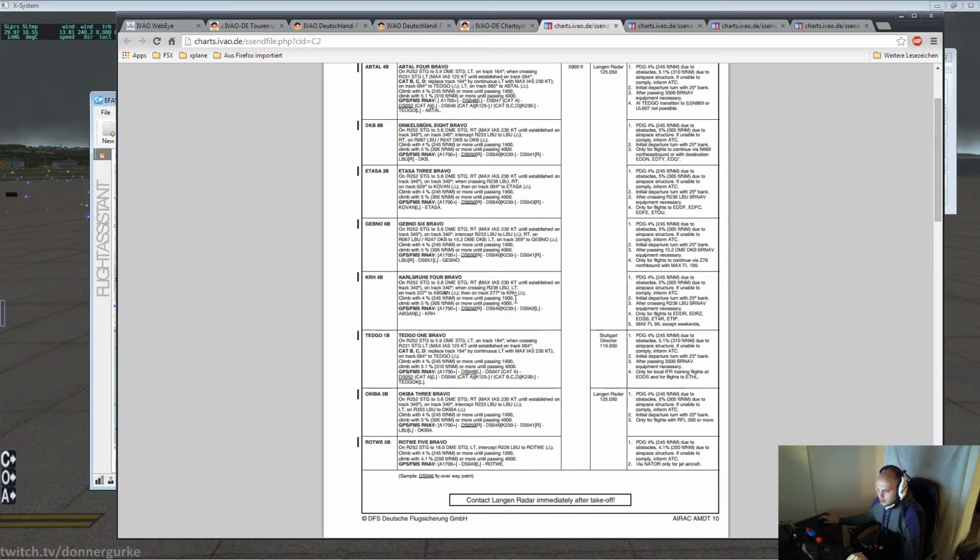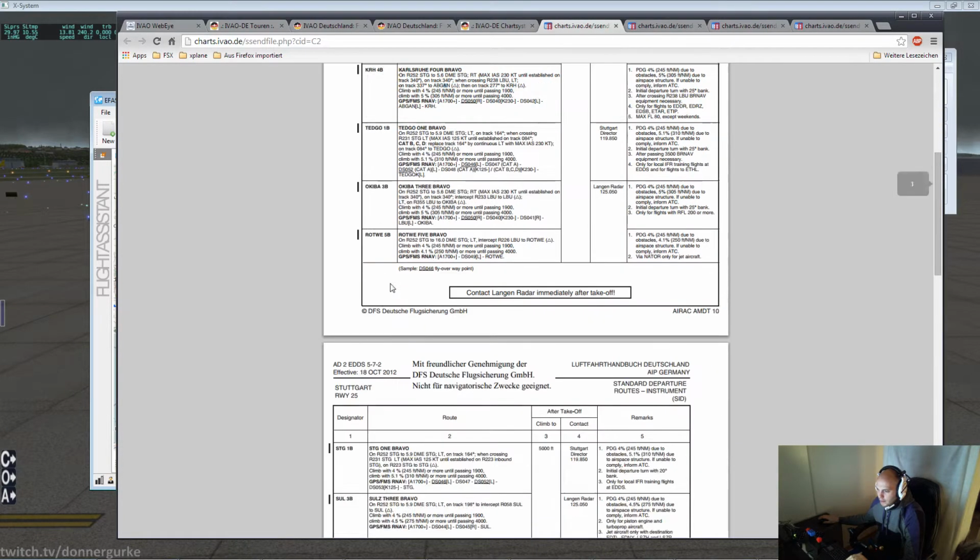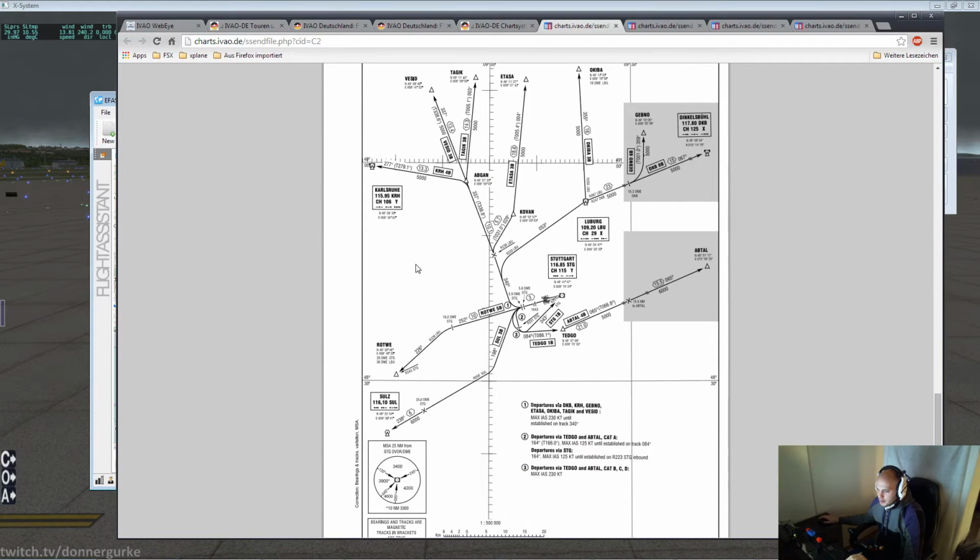When on track 277 to Karlsruhe, climb with 4% climb angle or more until passing 1900, climb with 5% or more until passing 4000, because there's some terrain over there. So that is that in short, and that's what it looks like. We will be departing runway 25